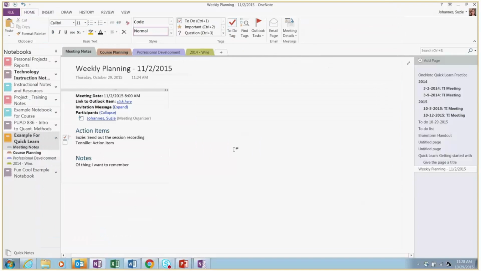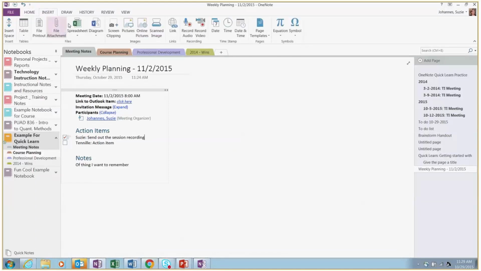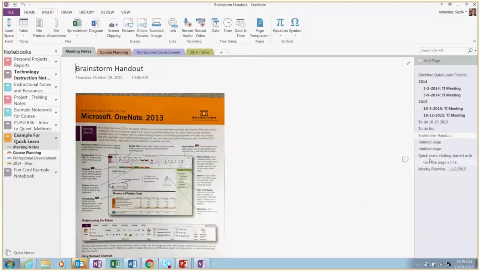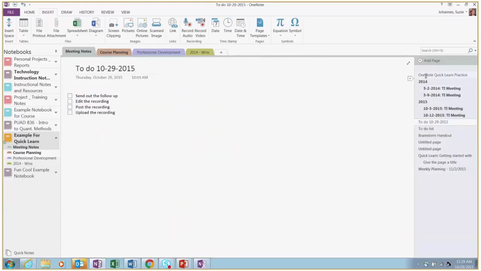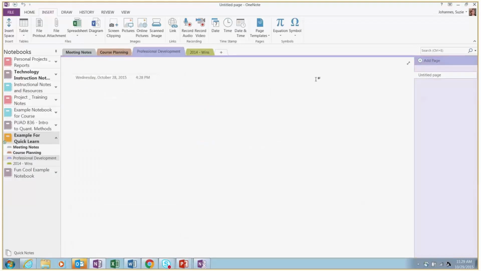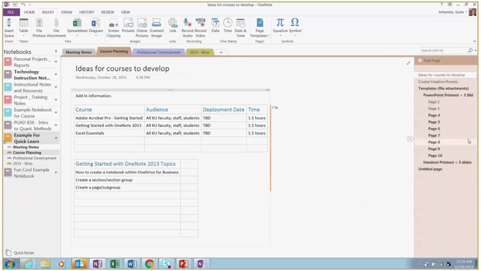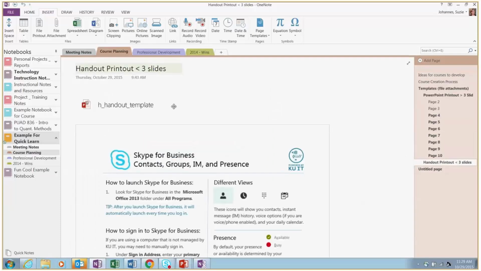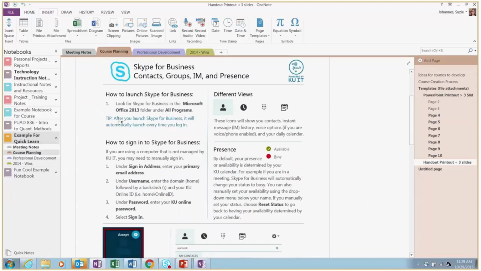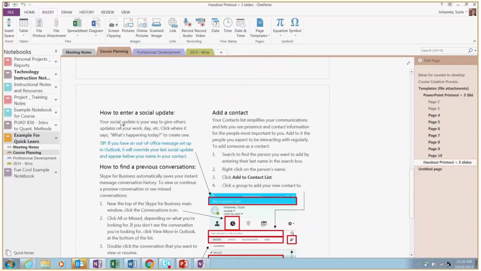We're going to talk more about tags, but I'm going to move on to some other things you can do here. Under Insert, you have a lot of different options for adding notes. One thing you can do is under here. Tennille went through and added these, which is cool. Under here, you can add a file printout. With that, what happens is you actually see the file, and this happens to be a PowerPoint file that's kind of set up like a flyer.